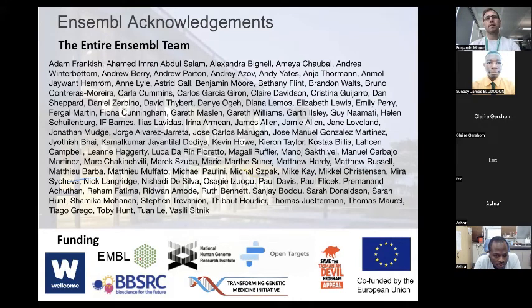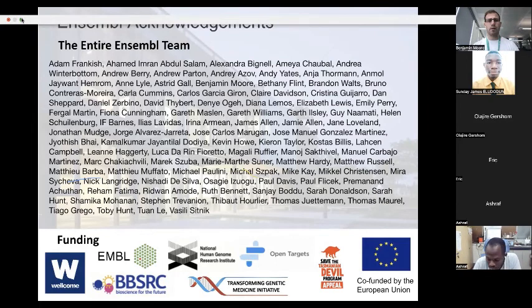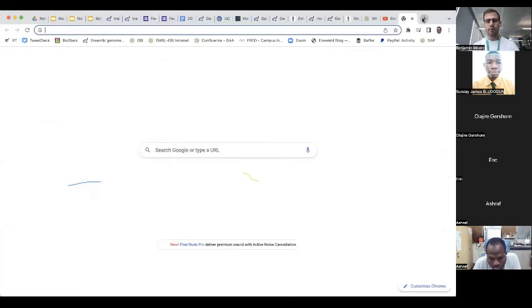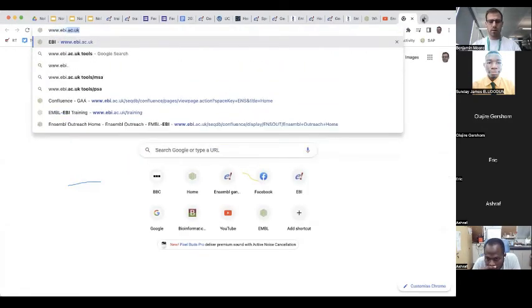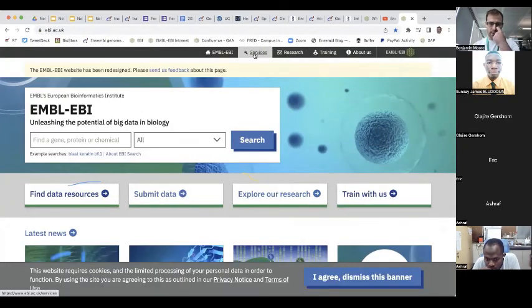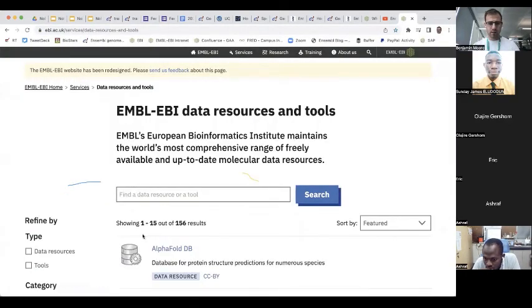This is quite tricky because, as I've mentioned, Ensemble is a database that's dedicated to genes and genomes. I think metabolomics is a lot more related to pathways and reactions and enzymatic function. So what you'd probably more likely be interested in looking at are some of the other databases available through EBI. If we go to www.ebi.ac.uk and you go to services, you can see, for example,